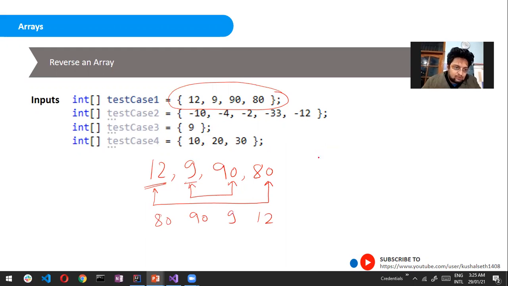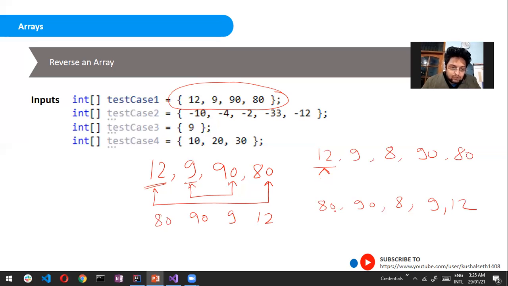In the same way, if you suppose have something like 9, 8, 90, 80, in that case as well, what does a reverse mean? If I give you just a normal number, then what will be the output? It will be something like this, correct? So this is what we are doing here as well.